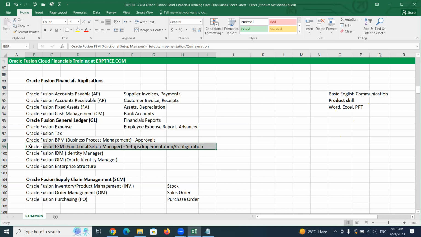So that's how we can use Oracle Fusion FSM. By using Oracle Fusion FSM, you can implement these applications. You can set up these applications. You can configure these applications. This is what we have to understand. And another part is